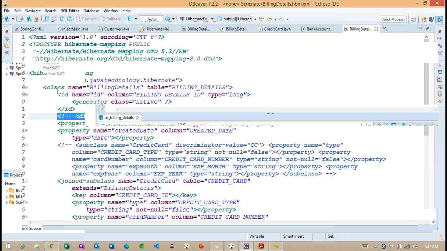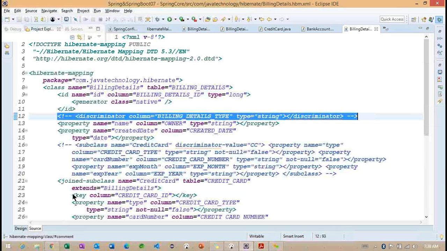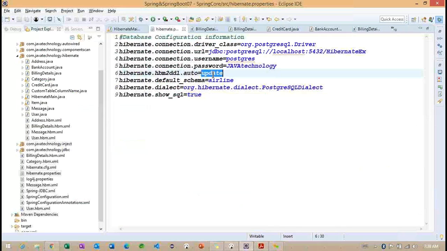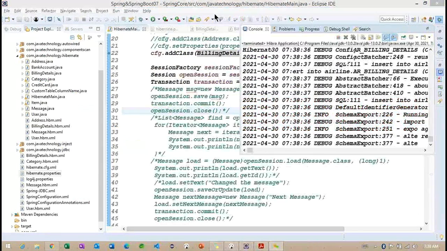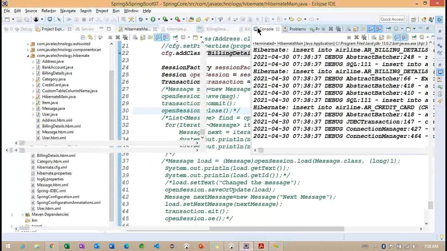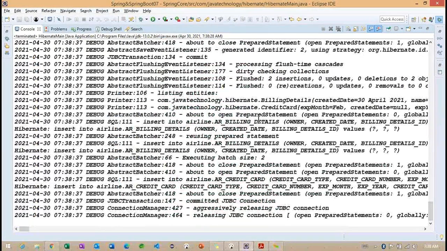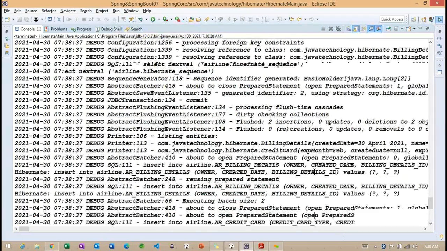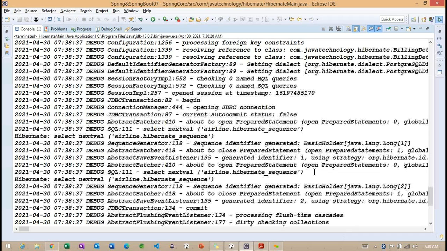What I'm trying to do is start to recreate everything. Now I can, so now you can see sequence is generated 2 times here.